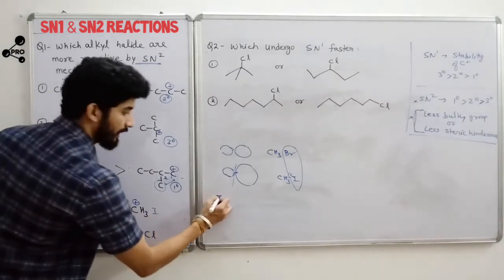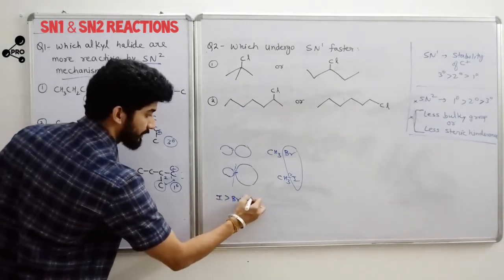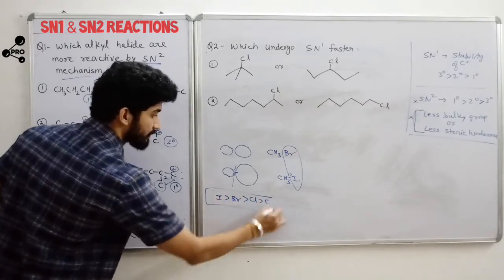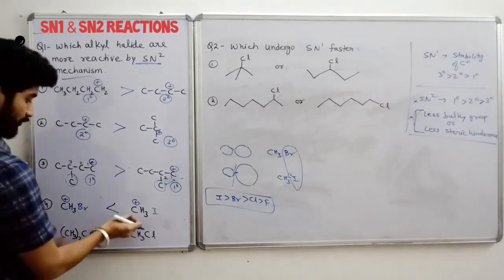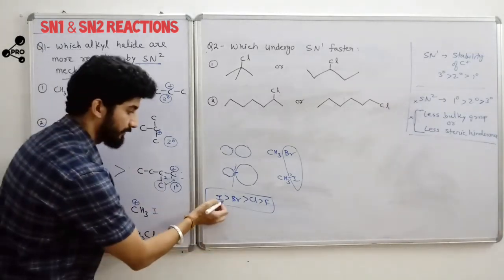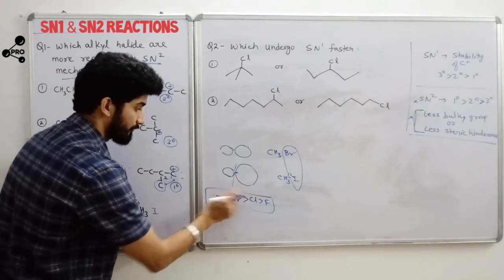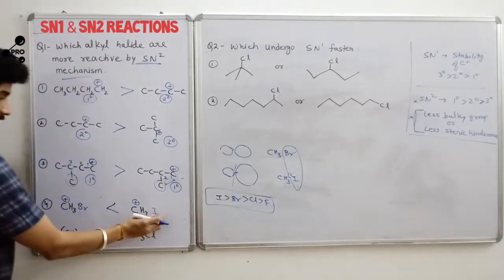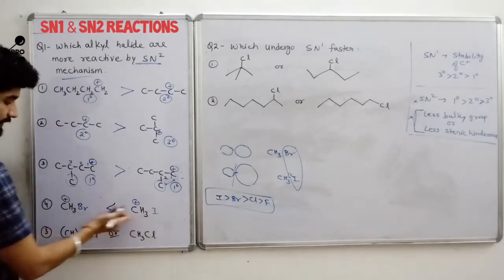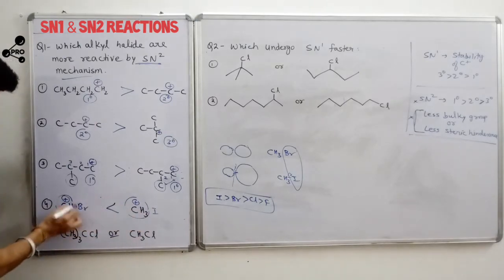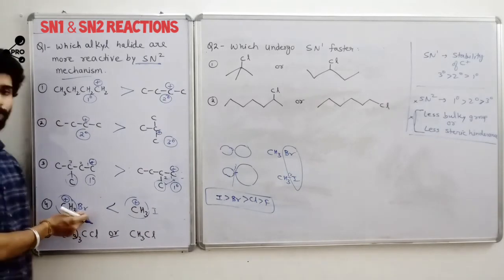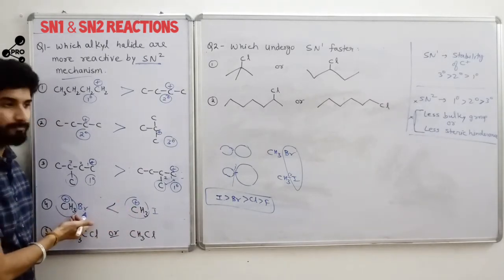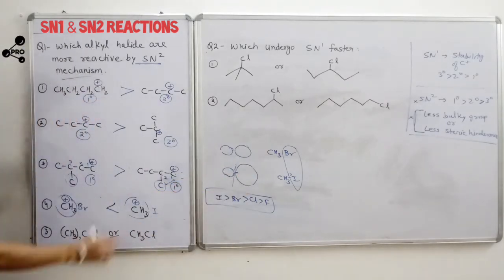For the halogens, iodine is more reactive than Br, which is more reactive than Cl, which is more reactive than fluorine. This is the basic thing for the halides. If both have the same degree, we just have to see whether iodine, bromine, chlorine or fluorine is present, and this is the reactivity order. If the alkyl part is the same, then we see this order. Iodine is much more reactive than bromine because of the size difference, so it reacts fast.